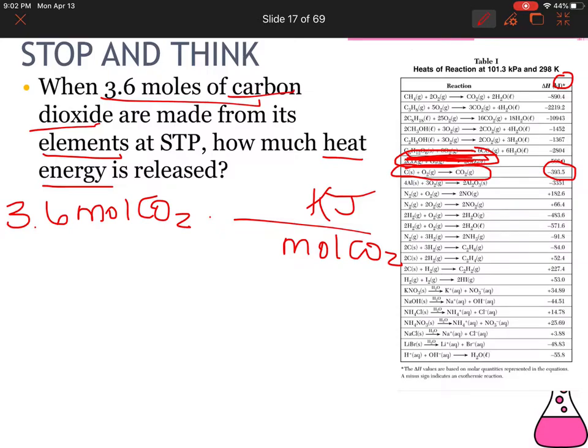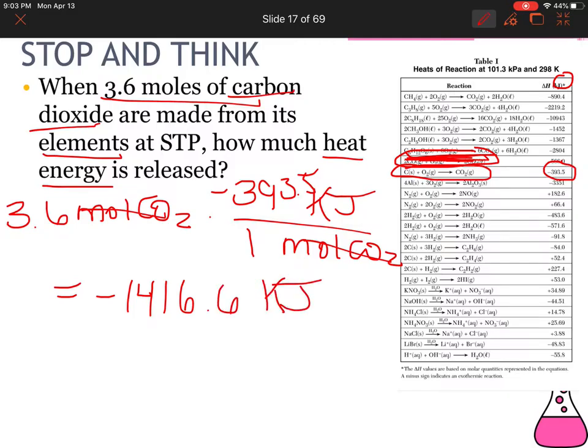So if I look in the reaction, what tells me moles are going to be those stoichiometric coefficients. So those are the big numbers in front of the compounds. The big number in front of this compound here, this CO2, if there's no number, that implies it's a 1. So for every 1 mole of CO2, I have this negative, my delta H, 393.5 kilojoules. So I canceled out my moles of CO2. Now I'm in kilojoules, which is what we want. So I take 3.6 times negative 393.5, and that should give me something like this, negative 1416.6